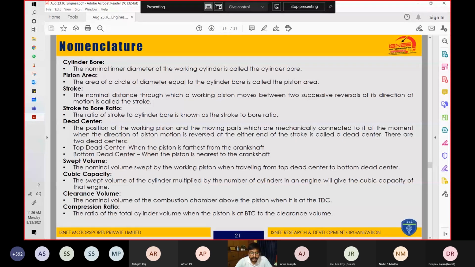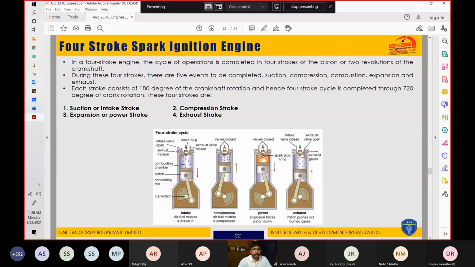And then the compression ratio. The compression ratio is the total cylinder volume when the piston is at bottom dead center to the clearance volume. This is a mistake from my end. This is BDC. So this is known as the compression ratio. Then four stroke and two strokes and the rest of the part we will be discussing in the